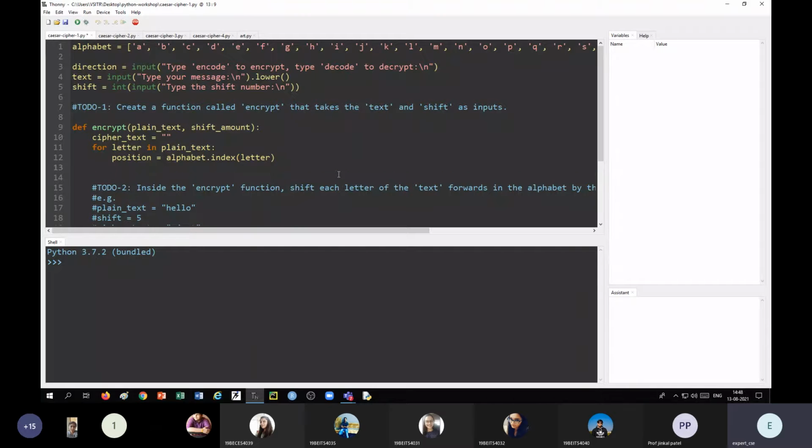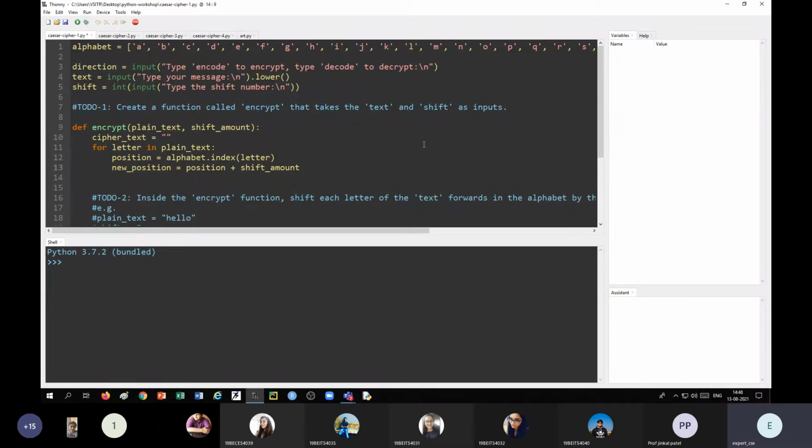Next, after getting the position, we should get the new position. So new_position is equal to the old position, meaning the obtained position, plus shift amount. We want a new, encrypted character which is shifted by the value of the shift variable, and here the corresponding variable is shift_amount.